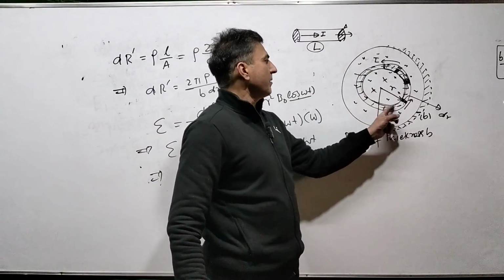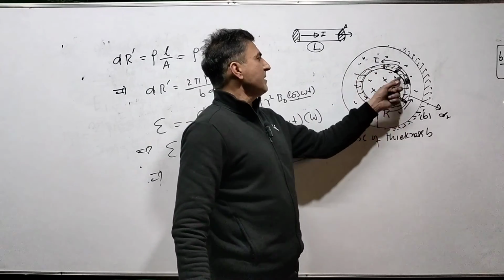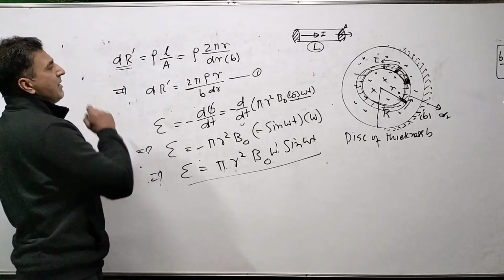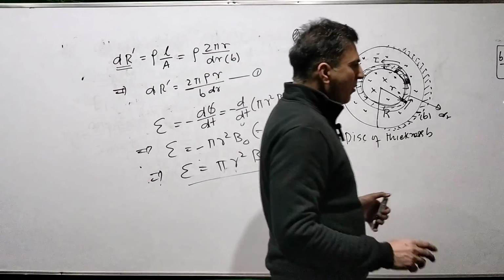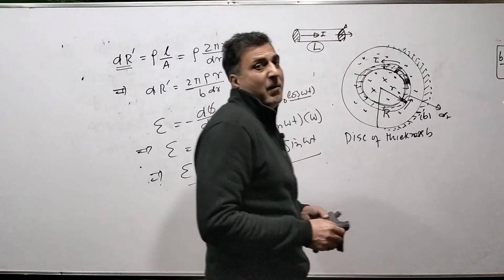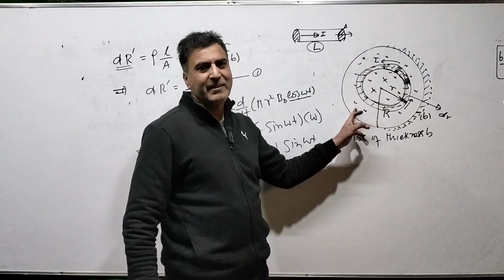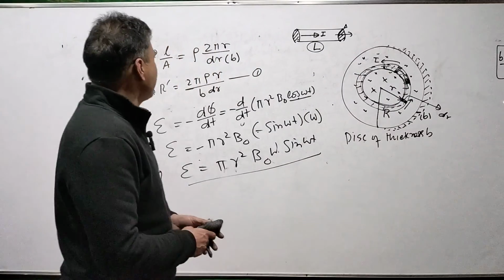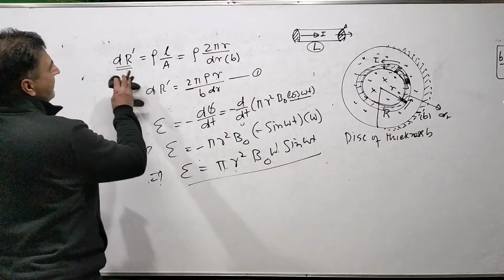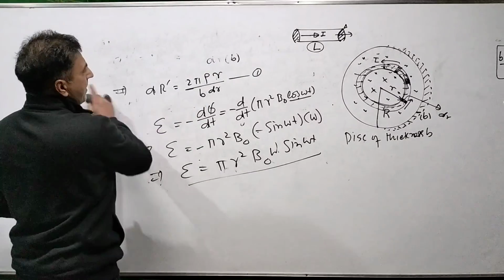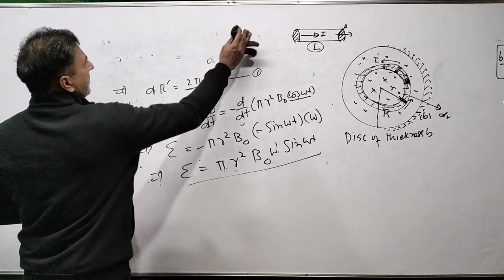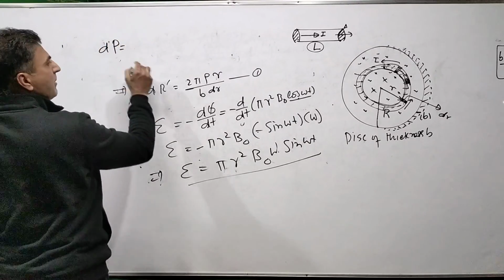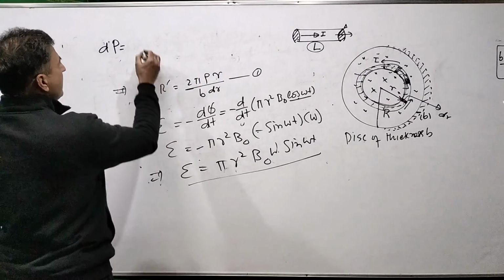So I got the induced EMF, and I also got the resistance of this element. Now, why not find directly what you call the power, a little power generated in this element, then I will possibly integrate for the whole disk. How much power is generated in this little element of the disk, that I want to find. I will first write an equation. So what is the power, little power dP generated in this element? That is E square by R,